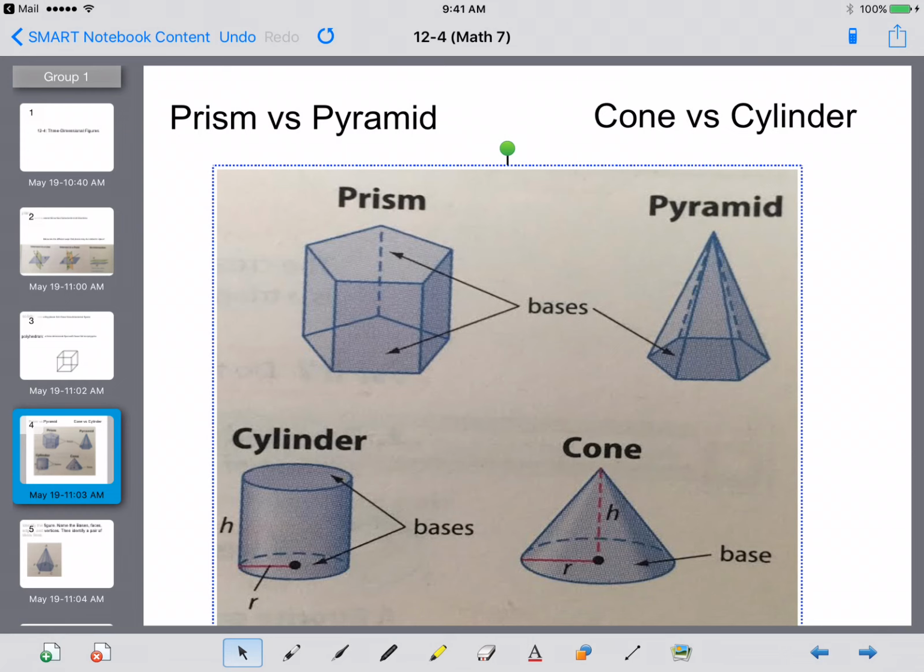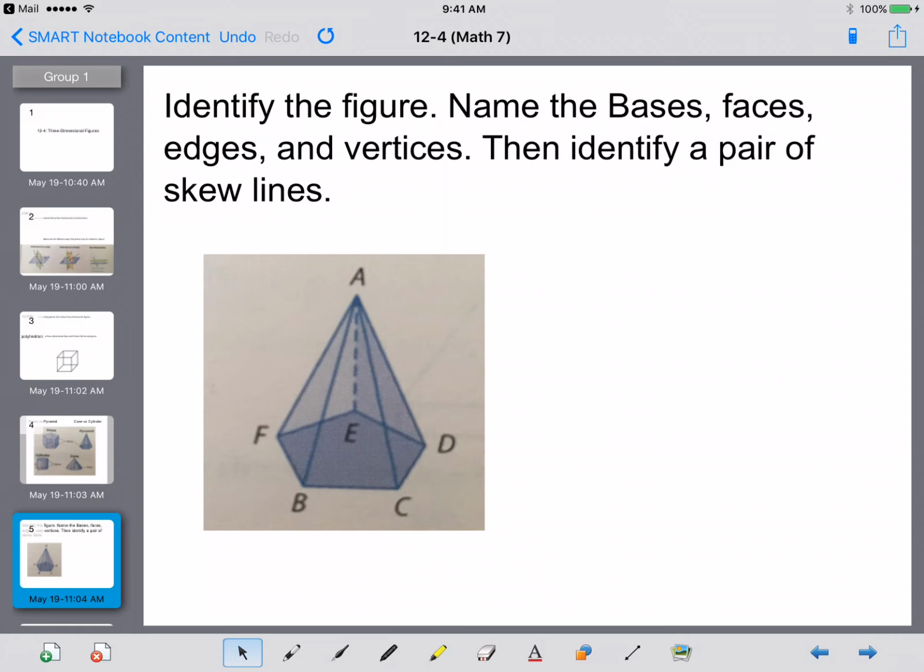And same for cylinders. Cylinders have two bases, one at the bottom, one at the top. Cones only have one at the bottom, and it comes together at a point on the top. So think of a prism, you just stretch it straight up. A pyramid, you pull them together and make a tip. So this wants us to identify our figure, name the bases, faces, edges, and vertices, which I skipped part, so